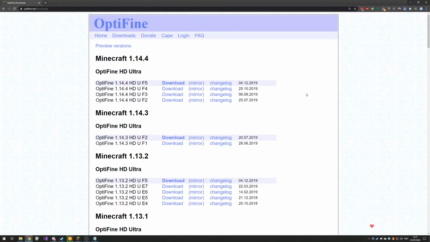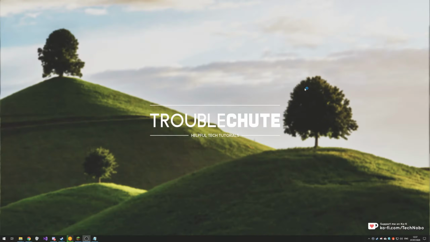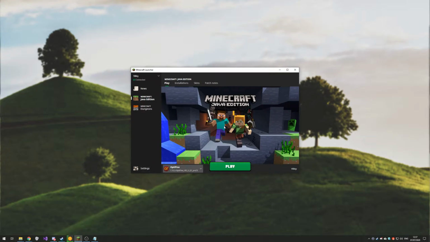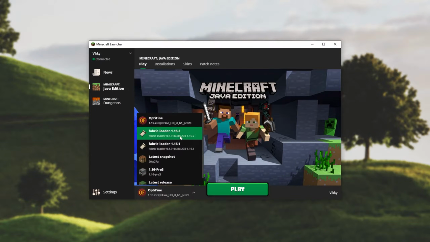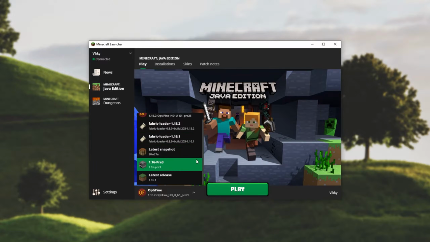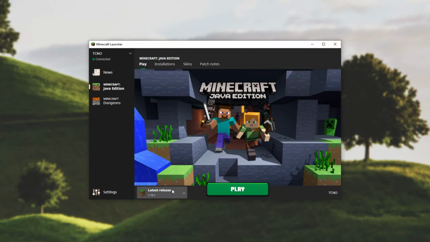the official Optifine page. But first, before we get to downloading Optifine, you need to make sure that Minecraft 1.16.1 is actually installed. Simply open up the Minecraft launcher and open up the versions list at the bottom over here. As you can see, I have Optifine 1.15.2 pre-release installed, but that doesn't matter. With all of your mods aside, all you need to do is make sure that 1.16.1 is installed and you're